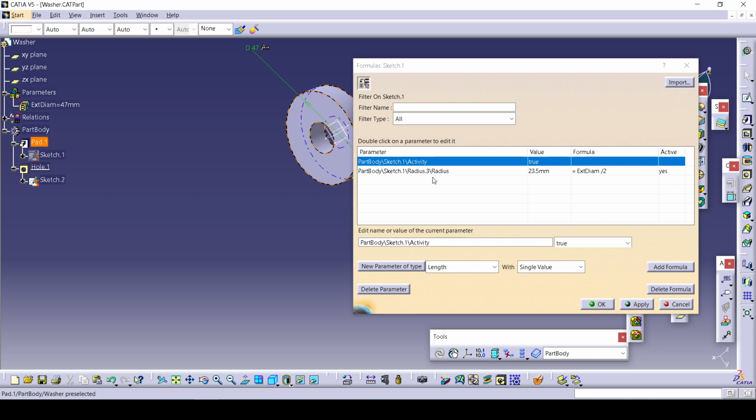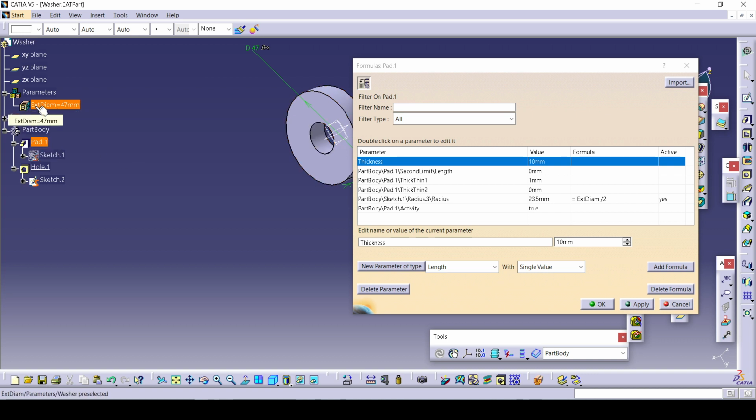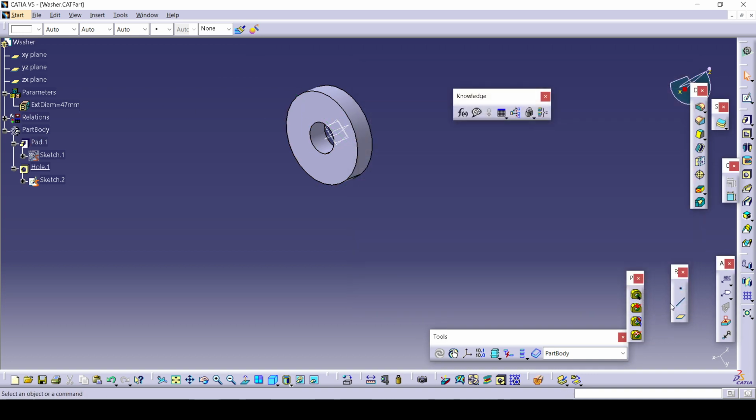These are intrinsic parameters, and user parameters are whenever you are creating something like an external diameter in meters, that is 47, that is your user parameter. So this user parameter can be defined at a part level, assembly level, or a feature level. When it comes to the feature level, it is called an intrinsic parameter. Okay,